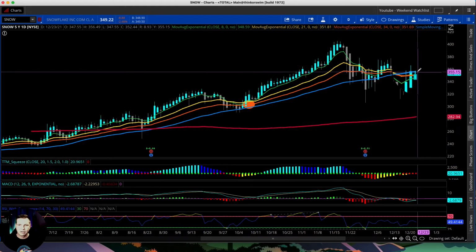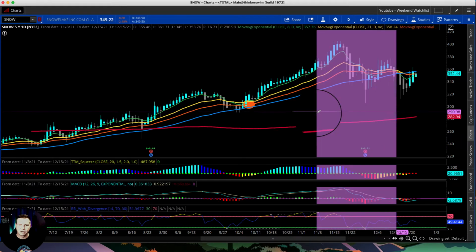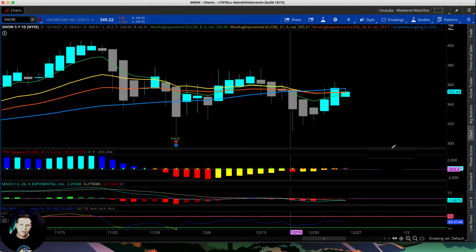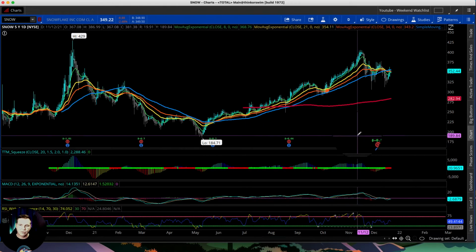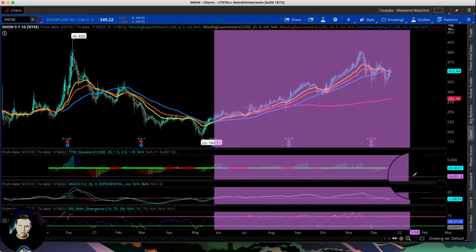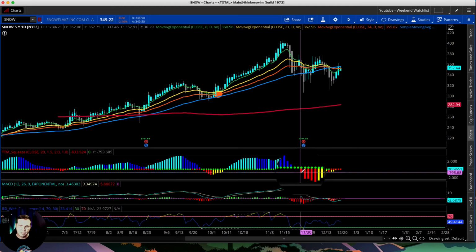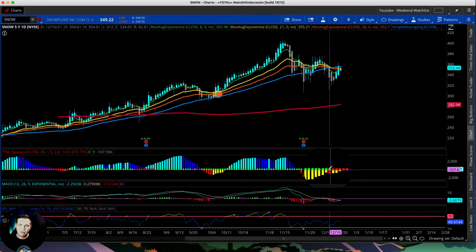It's a little bit of a 3-bar play going into last week, starting to form what's called a bull flag. I'm going to zoom in on this a little bit so we can get a little better look at it. What I'm looking at here is this TTM squeeze is starting to curl over. I don't want to zoom in too much. So this little slingshot effect is going to happen where the histogram is neutral and increasing while price is becoming